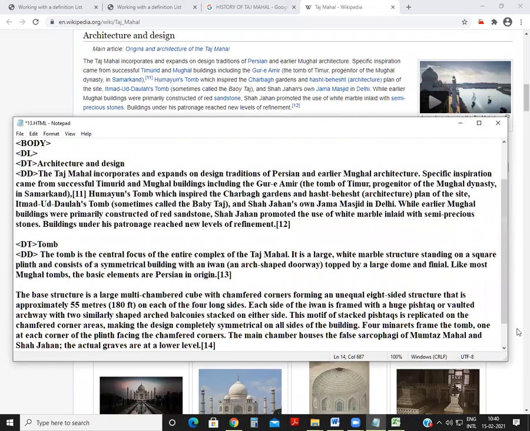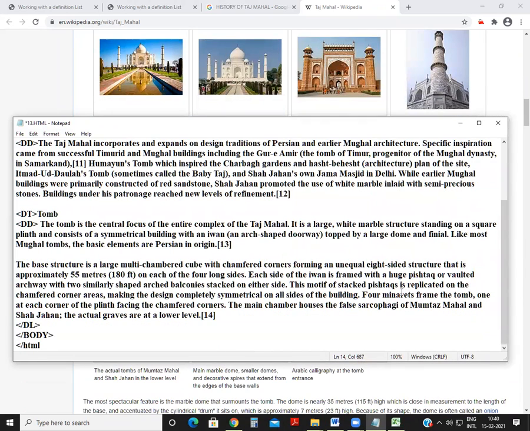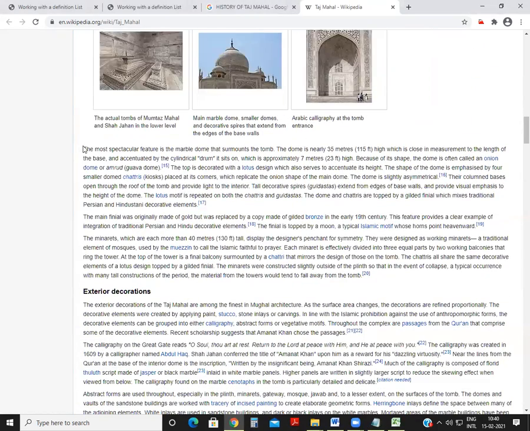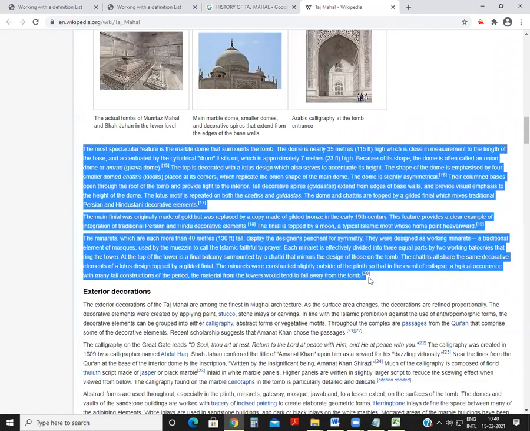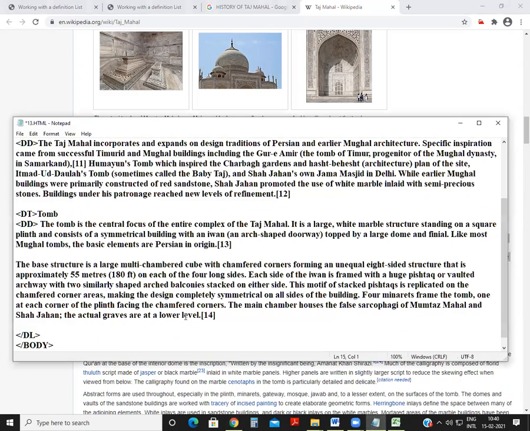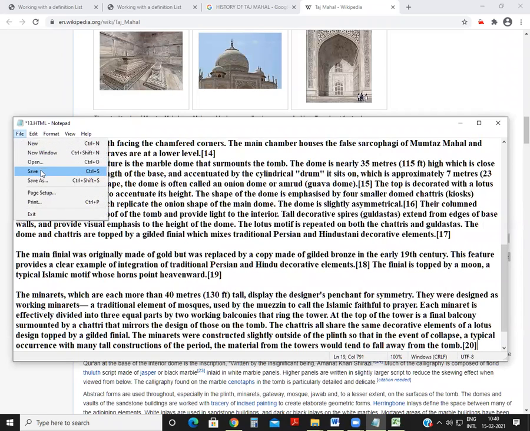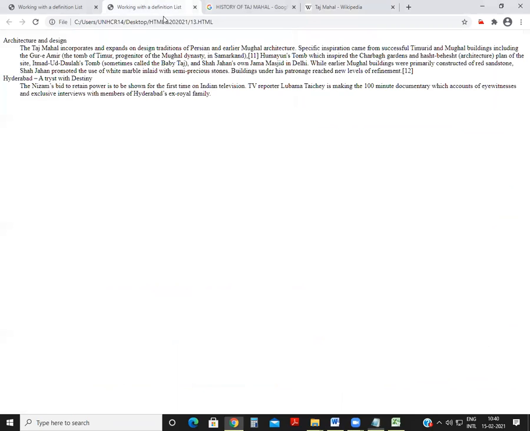I paste it, press enter, and there's some more detail available here. Copy, then paste it again here, then file and save. Then refresh this page.